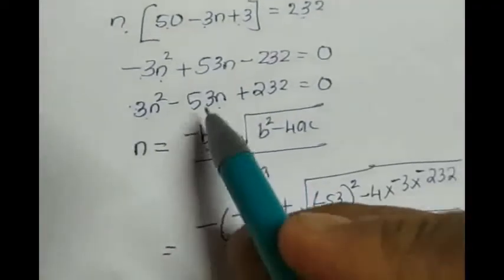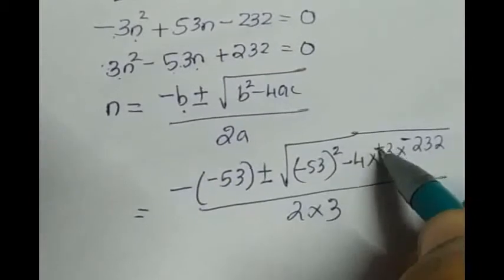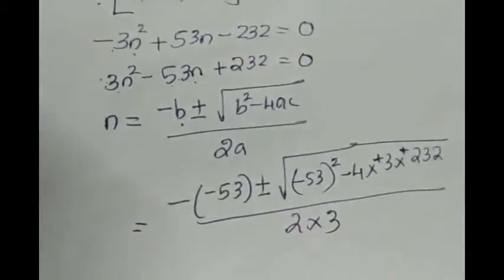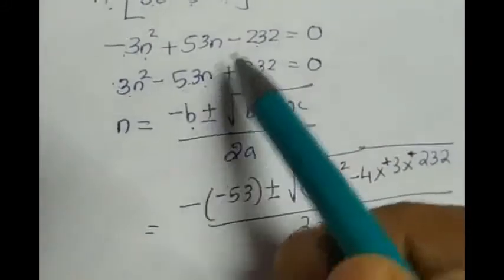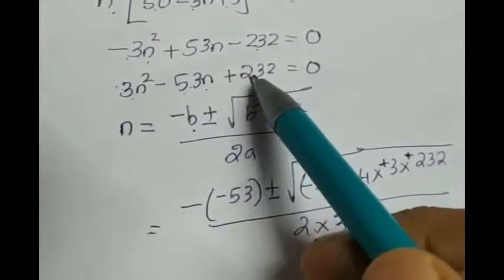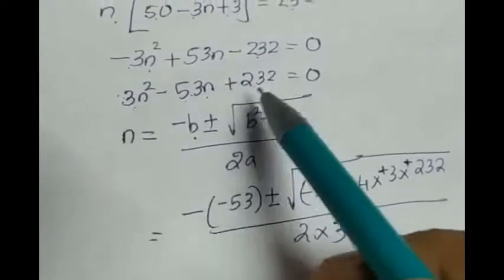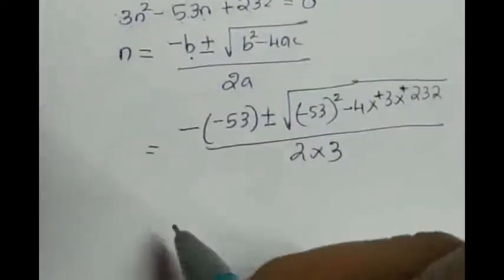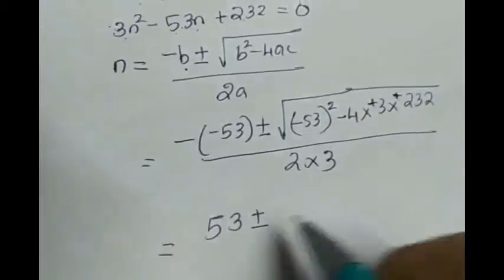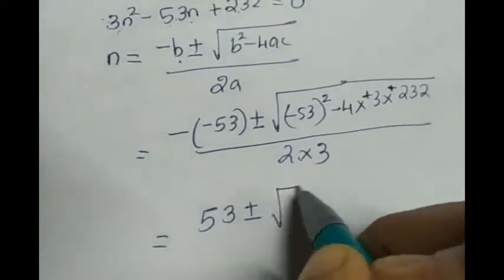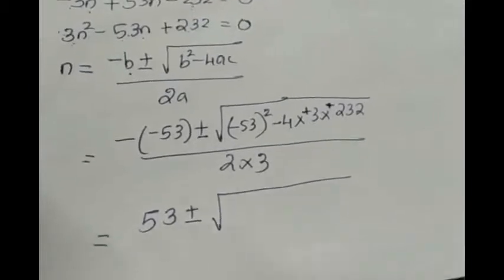Okay, A is 3. We are taking this equation, so A is 3. Same way, C is also 3. I took the constant and A from this equation. That is the reason why I got negative. Actually, we divided with the negative sign to make it like this, isn't it? So A is 3 and C is 232. So that is equal to 53. Minus of minus 53 gives you plus 53 plus or minus square root of